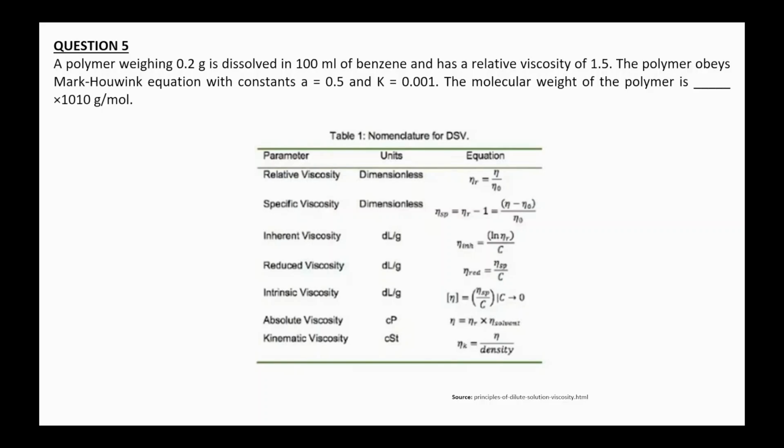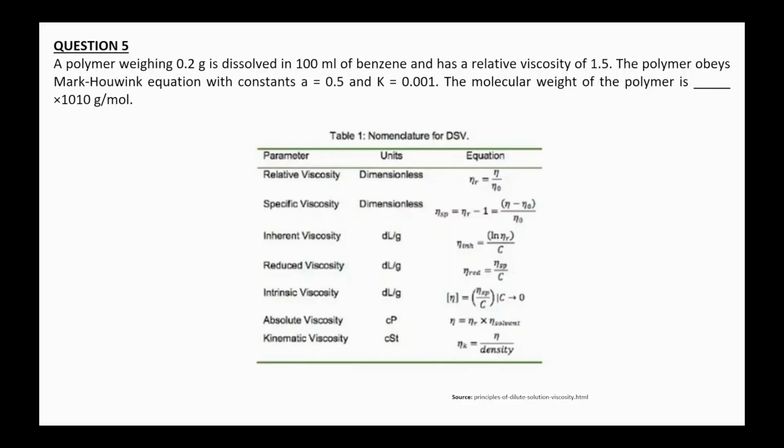Eta is the absolute viscosity of the solution, and eta naught is the absolute viscosity of the solvent. So (eta minus eta naught) by eta naught is your specific viscosity. Specific viscosity by the concentration of the polymer solution